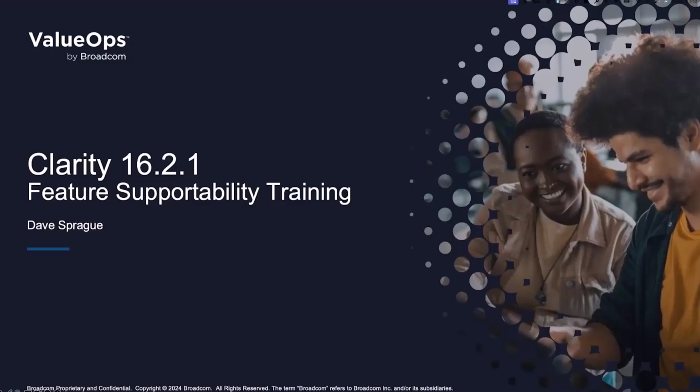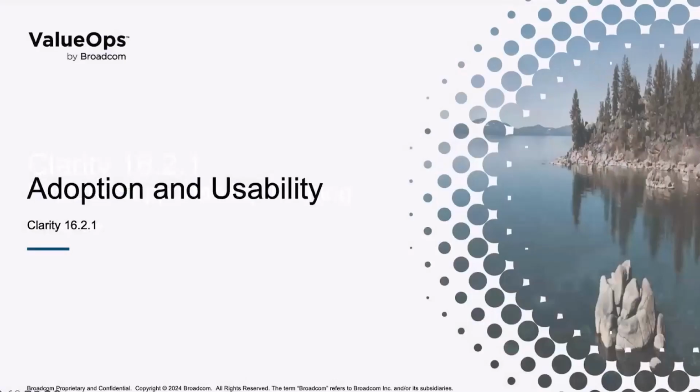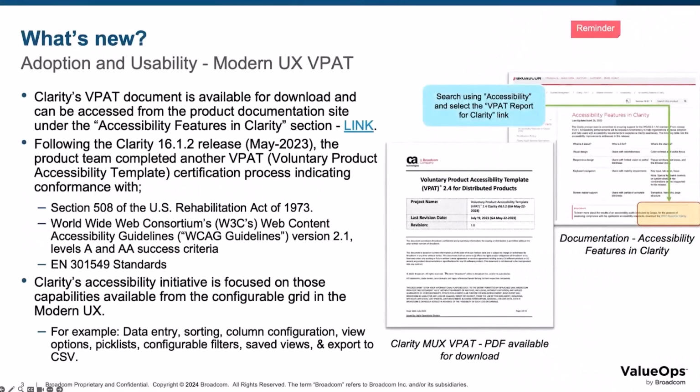16.2.1 Supportability and Feature Training. In this section, we will review the adoption and usability enhancements. I'd like to start out with a reminder. Following Clarity's